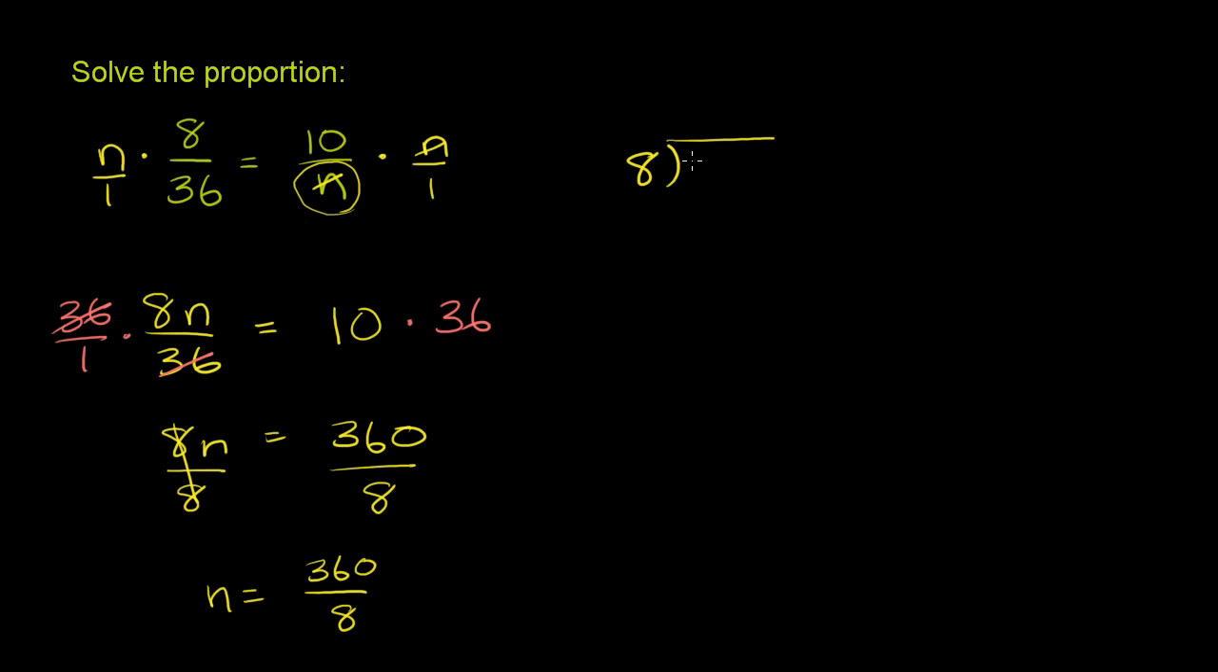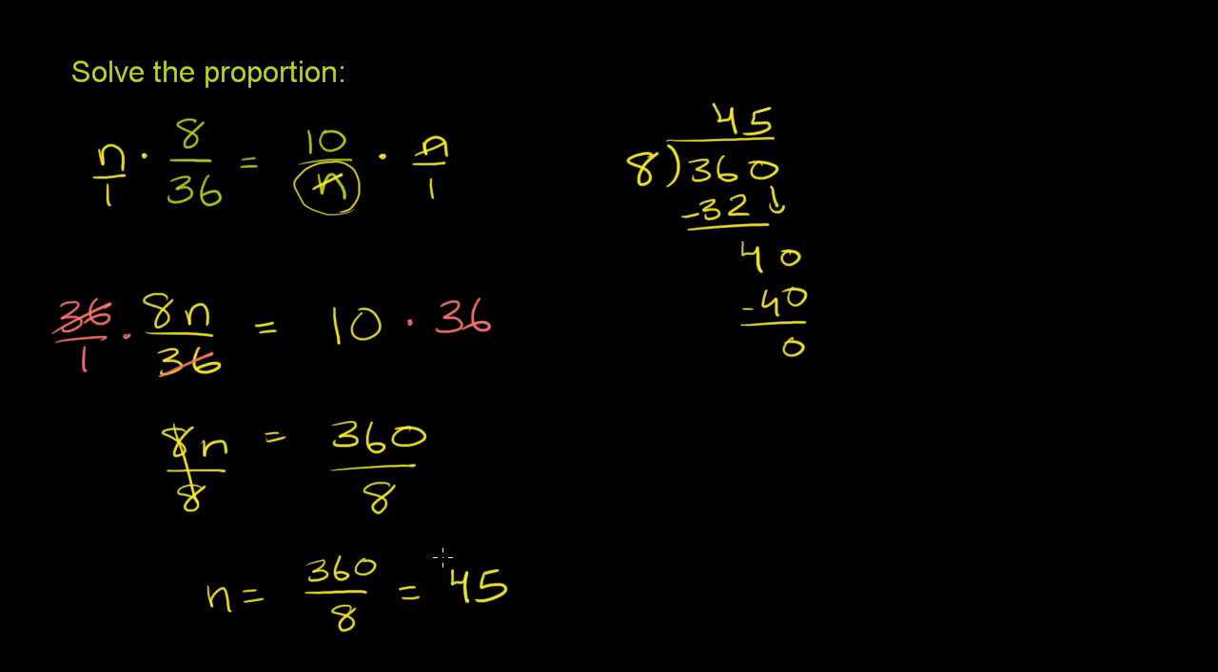8 goes into 360. 8 is not divisible into 3, but it's divisible into 36 4 times. 4 times 8 is 32. Subtract. 6 minus 2 is 4. 3 minus 3 is nothing. Bring down the 0. 8 goes into 40 exactly 5 times. 5 times 8 is 40. And then you have no remainder. So n is equal to 360 over 8, which is the exact same thing